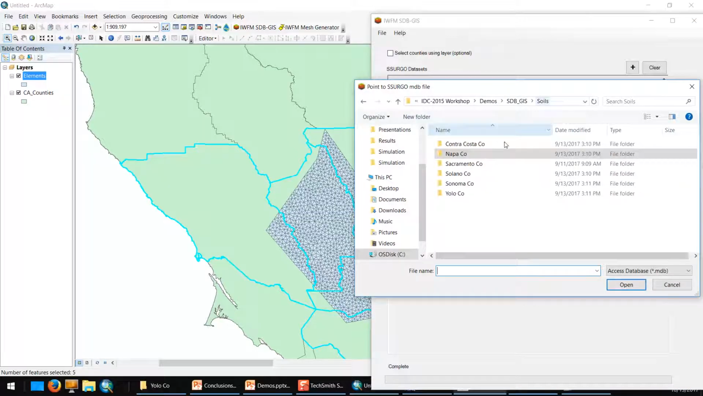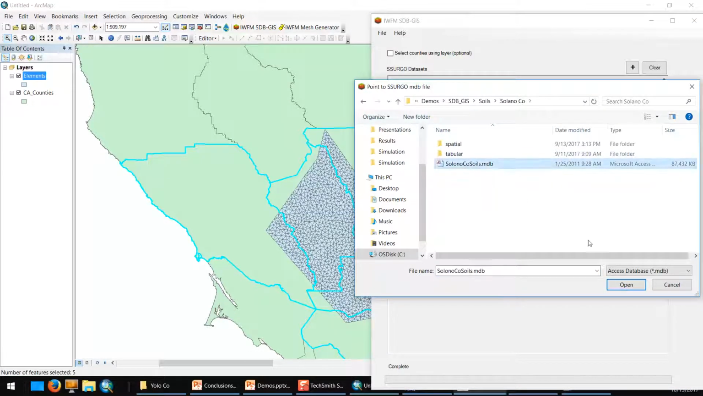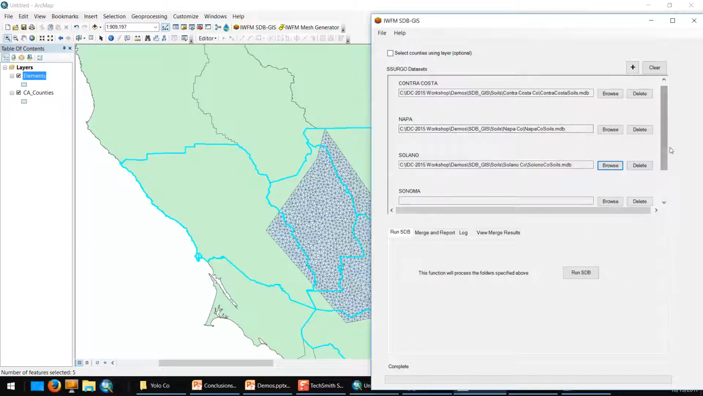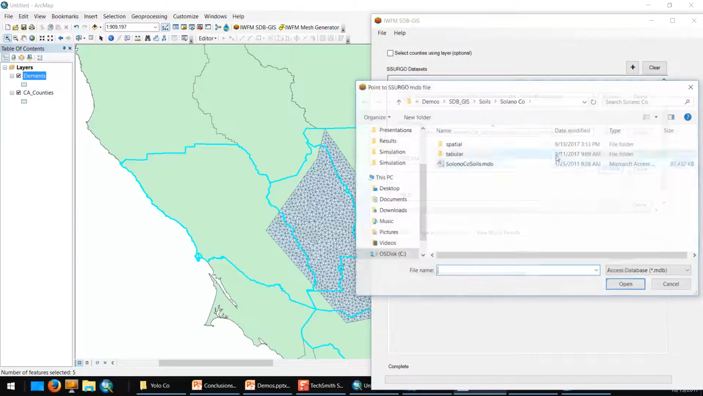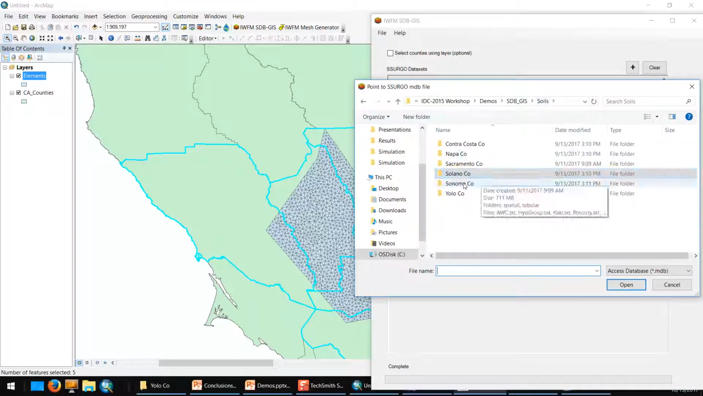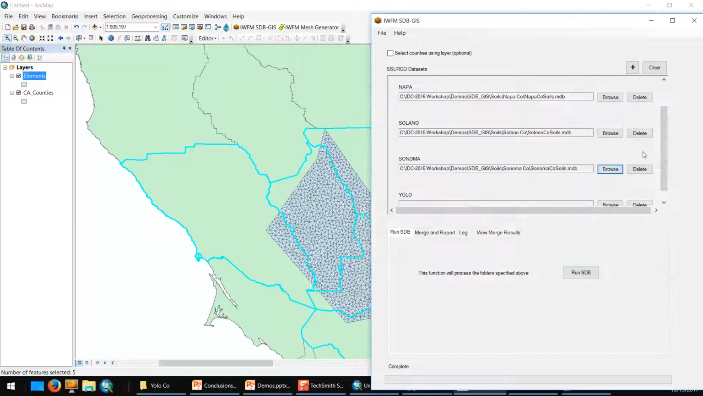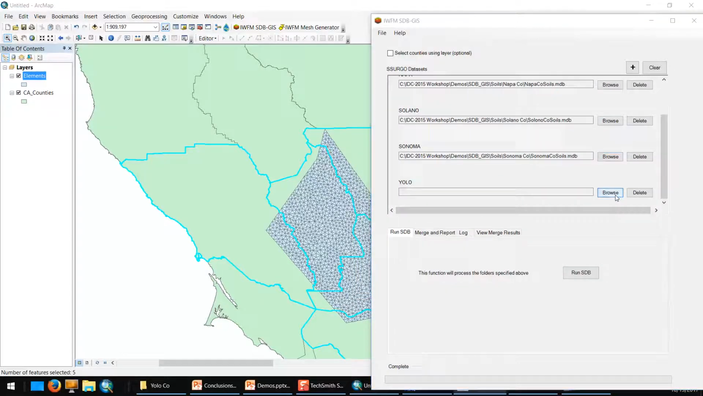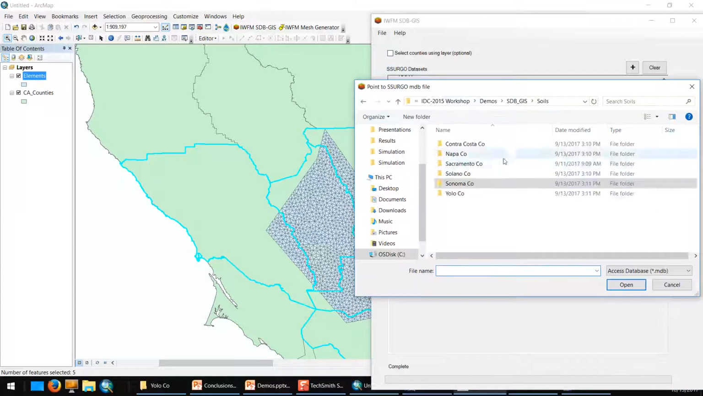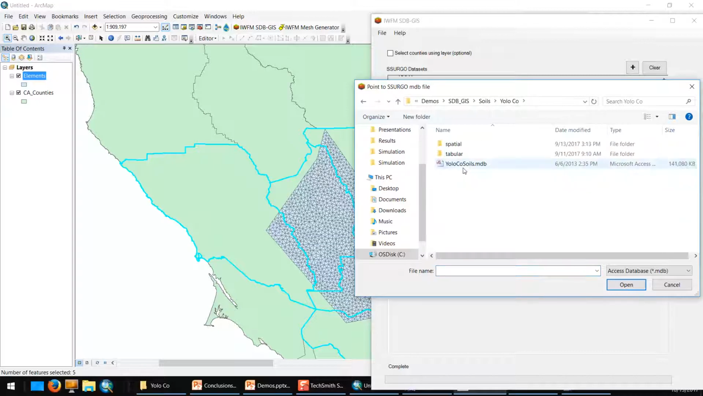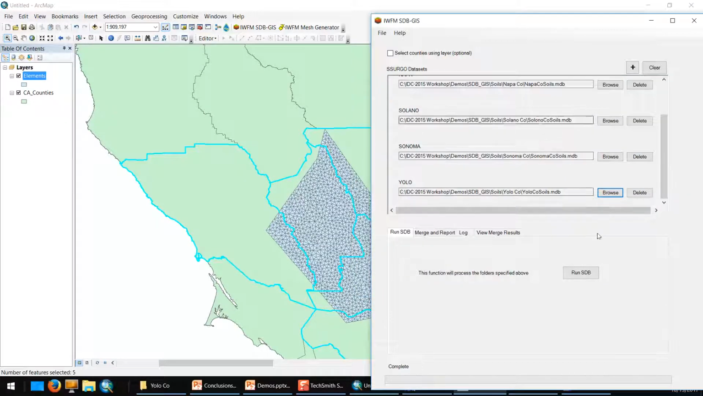Solano. What else? Sonoma. And Yolo. All right. Now, the next step is to have this tool run the previous tool on